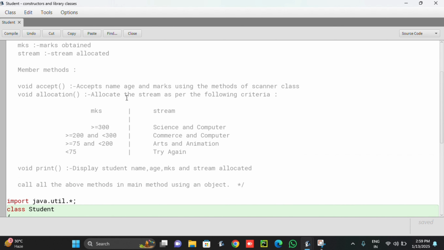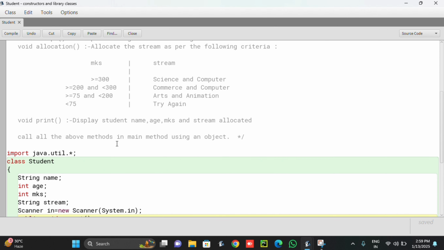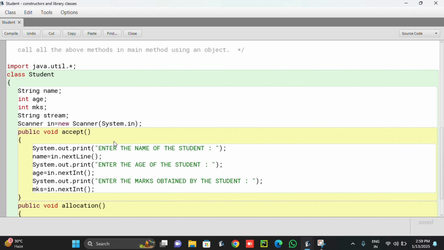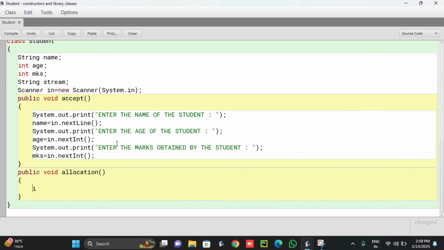The condition is if marks obtained by the student is greater than 300, the stream would be science and computer. So if mks is greater than or equal to 300,